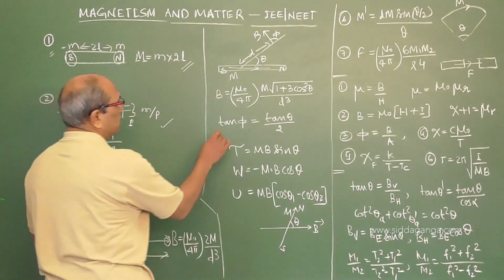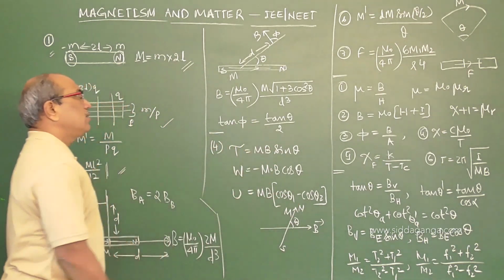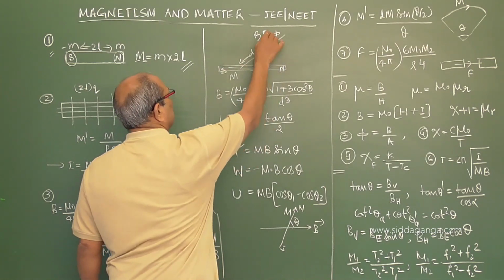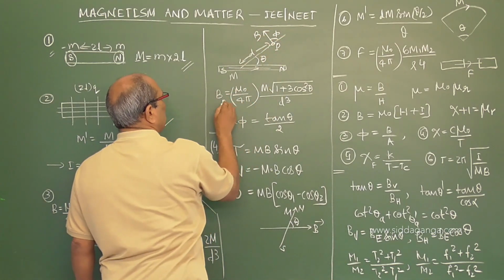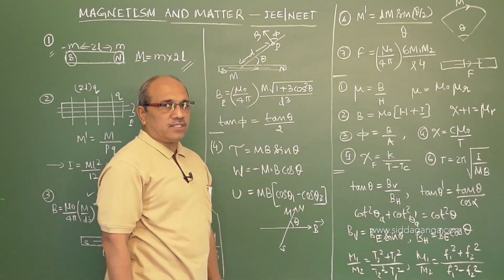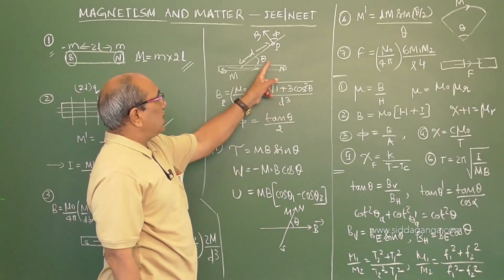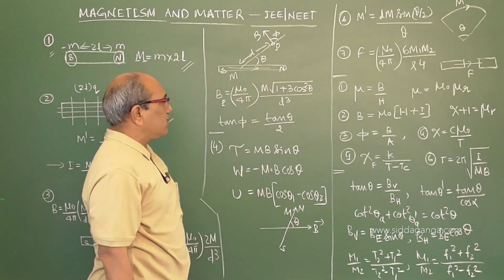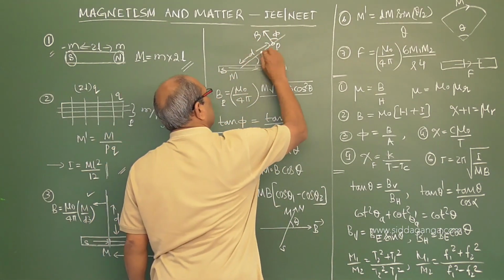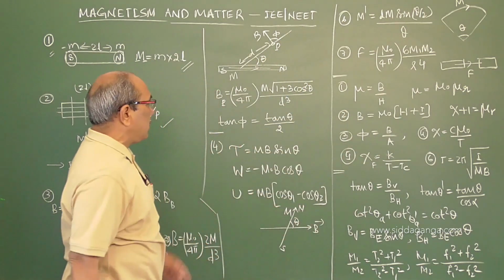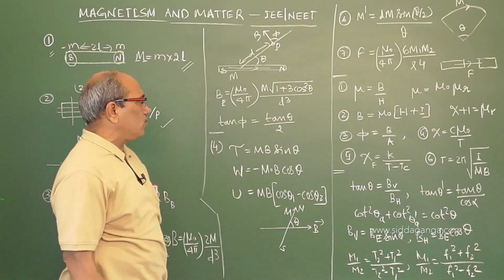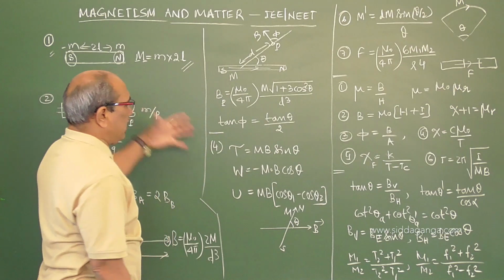The general equation is most important; questions come in entrance exams. Suppose the point where you have to find the magnetic field of a bar magnet is P. Then at the point P, the magnetic field is given by this equation: mu naught upon 4 pi, m root of 1 plus 3 cos square theta, upon d cube. Theta is the angle made by the line joining the point P with the magnet axis. And phi is the angle made by the resultant field with respect to the line joining the point and the magnet, where tan phi can be written as tan theta by 2. Theta is the angle known to you. So that is one about the bar magnet.